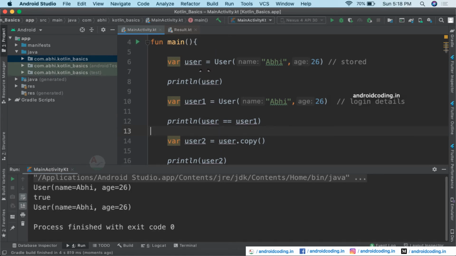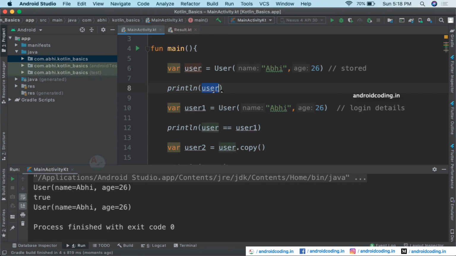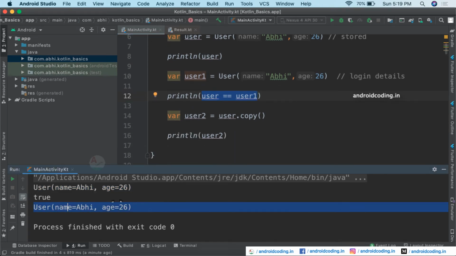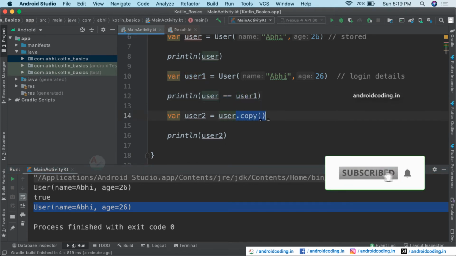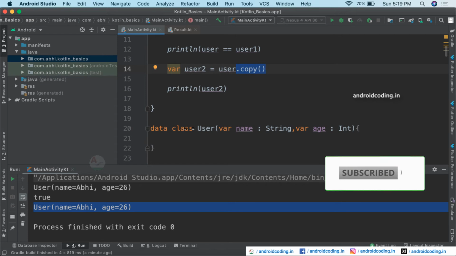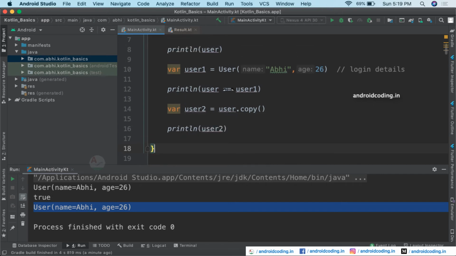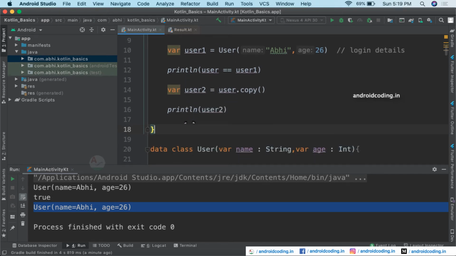So yes, we are successfully able to print the object and get the values we have stored inside the object. So we have passed the first scenario, and the second one is that we can compare our two users' details here. So yes, it is matching and you can see it is true now, and we have also passed the second scenario now. And let's get into the third scenario where we have made use of a copy option here. So previously when we used a general class, we were not able to get these outputs and we failed in all the three scenarios. And now I think you clearly understood why we are making use of the data classes in Kotlin.